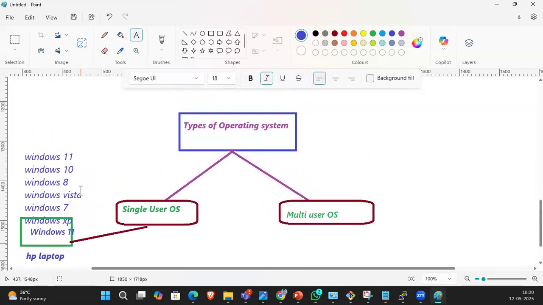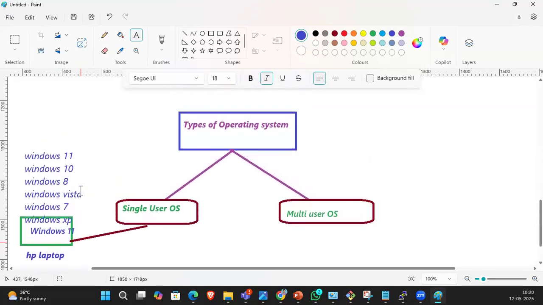Guys, who developed Windows? Who invented, who created the Windows operating system? Which company? Microsoft. Very, very good.